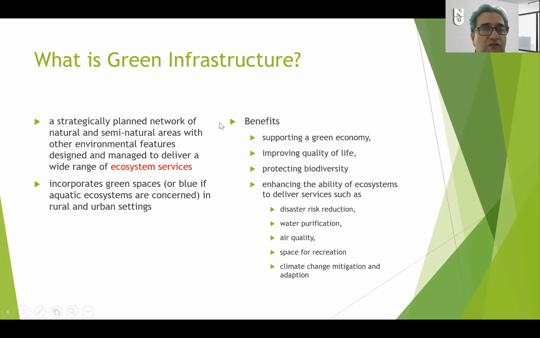But it's quite interesting. You can make a kind of green infrastructure design even for water engineering. There are not such applications everywhere in the world, but as far as I know, the Netherlands is one of the best example countries in the world applying green infrastructure for water supply, water drainage systems, and water runoff systems. So it is quite an interesting research and reading topic. I strongly suggest you make some research on green infrastructure. I'm not talking about buildings. I'm talking about water infrastructure, green water infrastructure.